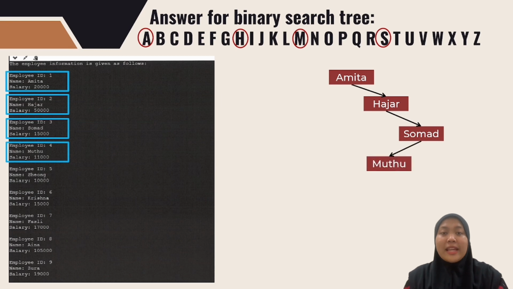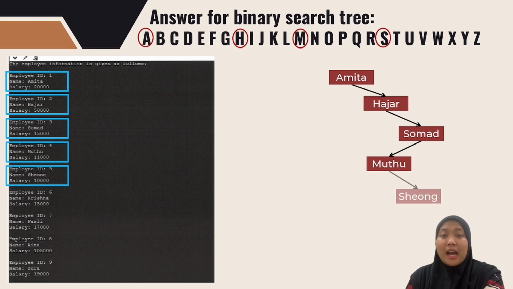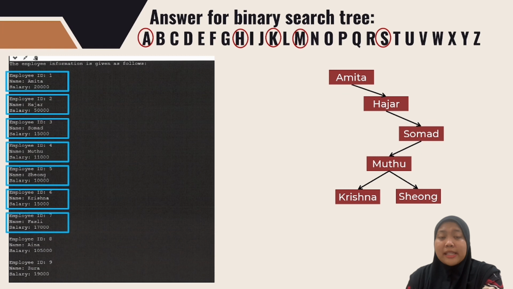of Soman. Next output is Xiong, the name starts with X. Xiong moves to the left of Soman, because Soman starts with S and Xiong starts with X, but Xiong is greater than Mutu, so Xiong moves to right of Mutu. Next output is Krishna. The name starts with K, less than Mutu, so it will move to left of Mutu. Next output is Fasli. The name starts with F and F is less than H, so it will move to left